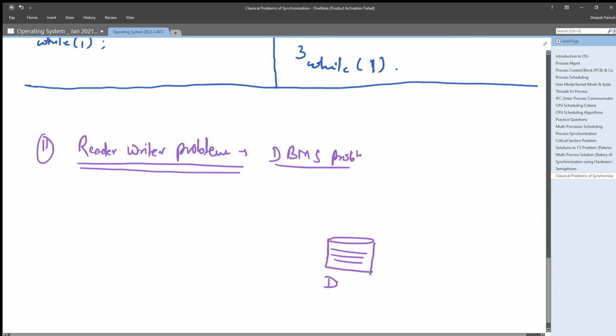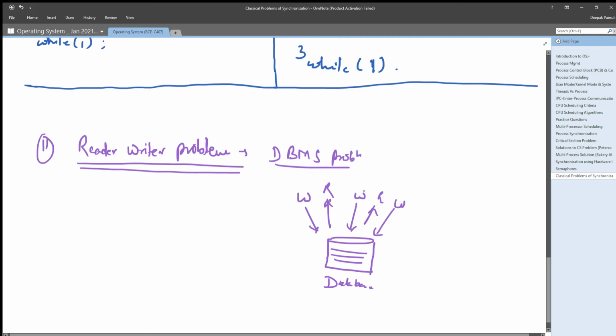Some processes will try to update it, and they are called writers, and some processes will read from this database.